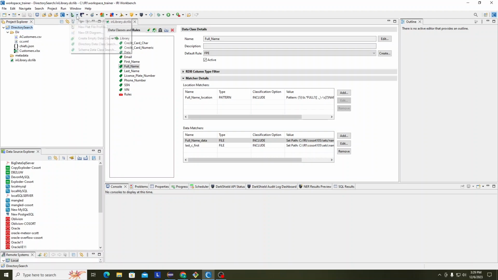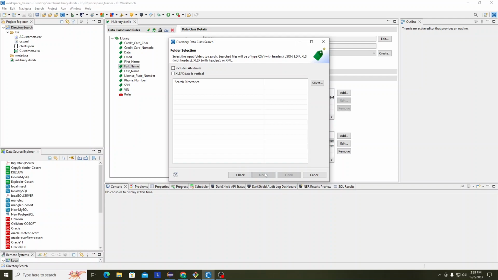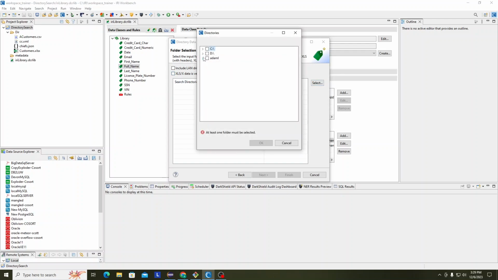So I'll go ahead and do my directory data class search setup. Okay, so here we have the option of naming our subfolder and indicating whether we want to include a graphical report in HTML format. So click Next. Here's some extra options if you want to perform a scan in a drive connected from your LAN, or if you wanted to treat your XLS data as if it has vertical headers. In this case, I'll just read from my own,